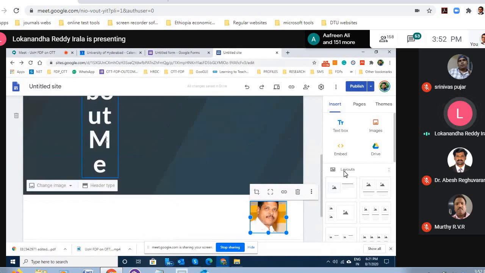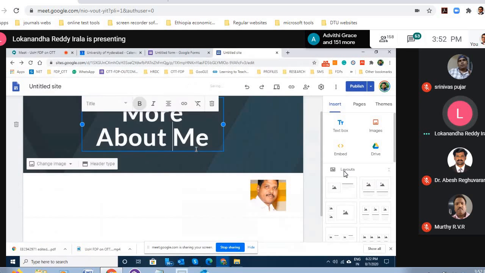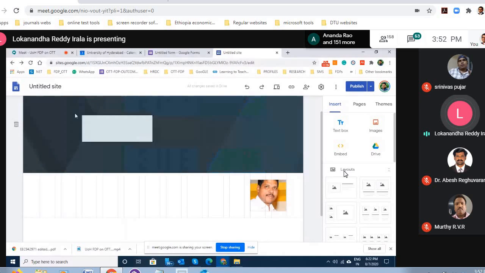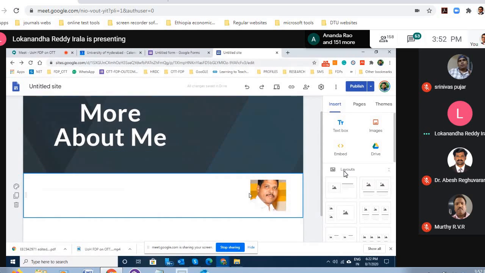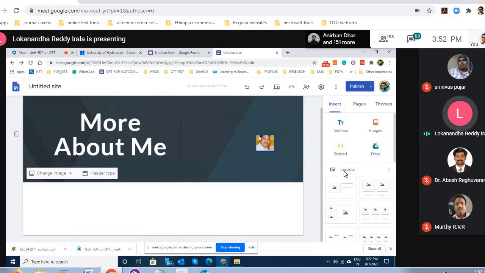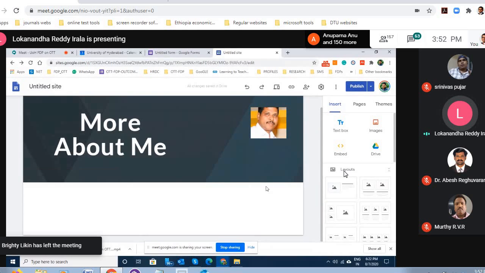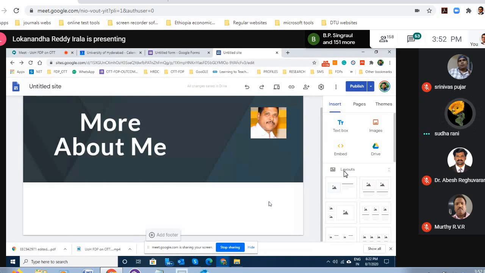Fine. Now let me experiment on this. Okay, so I'll keep it here. See, this is another problem, that these things get joined at times. Just drag it here. Fine. You can experiment with this later, where you want it, at the right corner, top corner, left corner. Now the point is, this image is inserted here. If I copy this site,